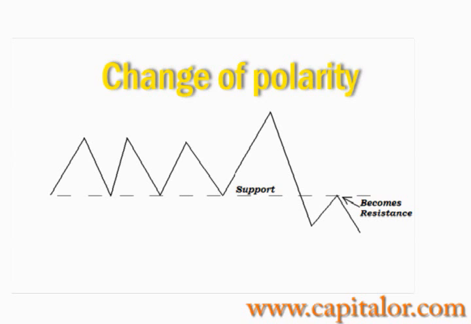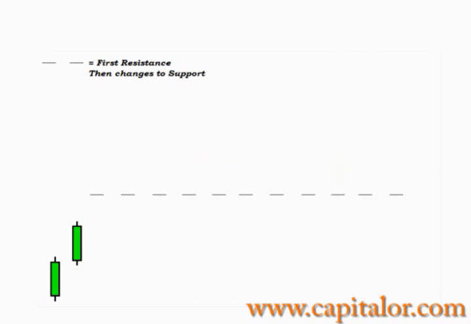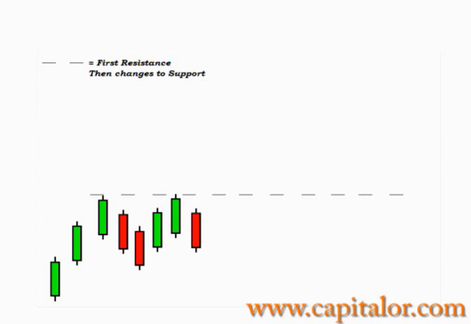Even though this pattern might be easy to remember, I will make it even easier by showing a simulation, and this simulation shows a resistance which then turns to a support. The simulation begins with candlesticks moving up to the resistance, but stopping at the resistance line and moving down 2 candlesticks. Then it gets up again and gets near resistance, fails to get above and goes down 2 candlesticks, moves up but fails to get above once again, moves down 1 candlestick and then goes up 1 candlestick again,